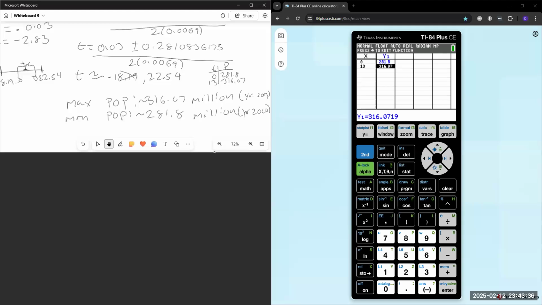316.07 million. Just to tie those two things together, we said that the minimum should happen in the first year, 2000, and the maximum should happen in the last year. Put them together to form just a little brief paragraph. All right, let's go ahead and